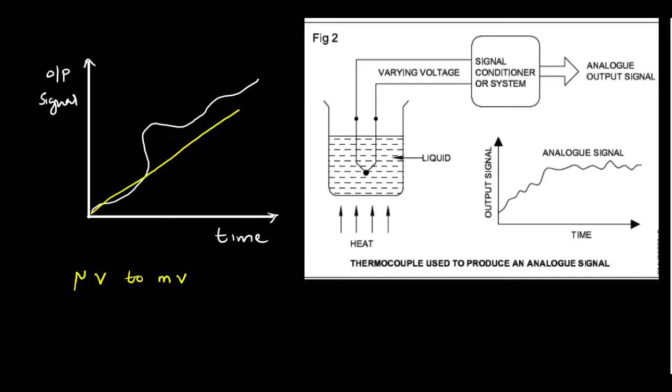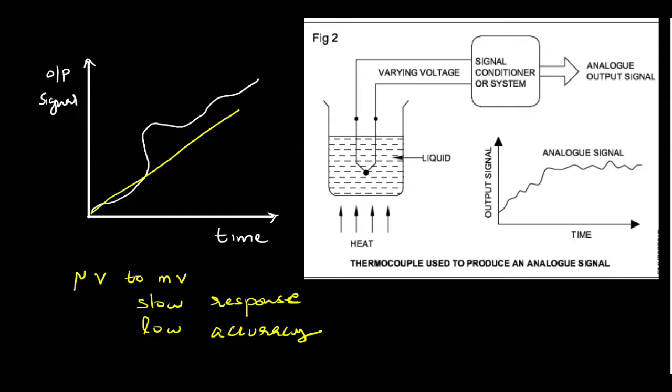And the main disadvantage of this analog signal is their slow response. It takes some time to give the output change. If there is a change in the physical quantity it is measuring or sensing, it will take some time to show up that change in the output. That's why we say slow in response. And also one more issue is there, it is low accuracy sensors. These analog sensors.